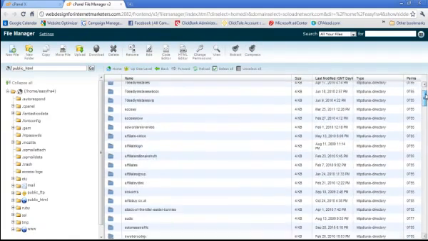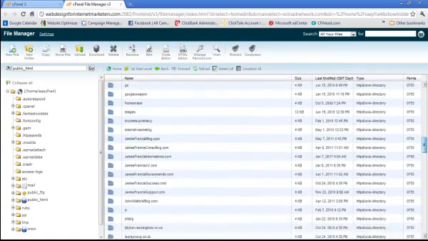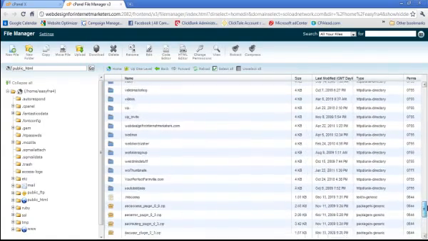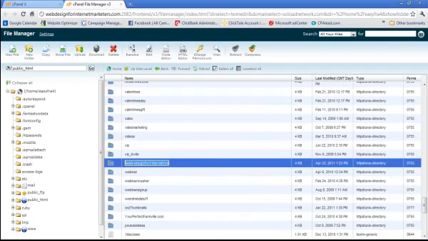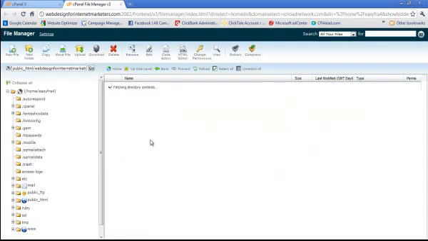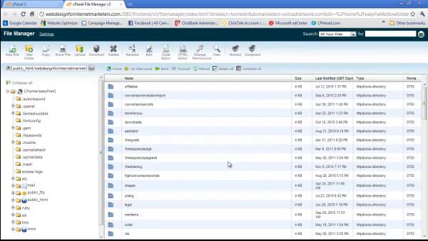And now we can just scroll down to one of my domains I'd like to test this with. So let's go into webdesignforinternetmarketers.com, double click on the folder itself, and wait for it to do its magic, and you'll get something a little like this. And you may not have all of these folders here right now because, as I said, this is a website